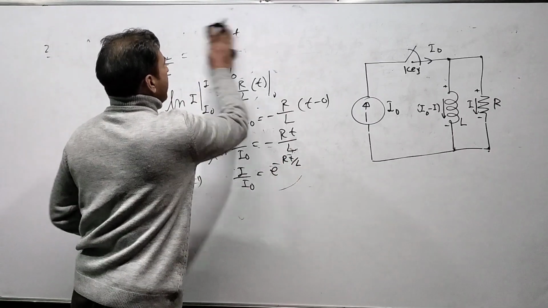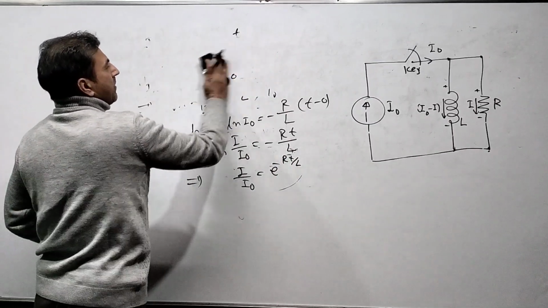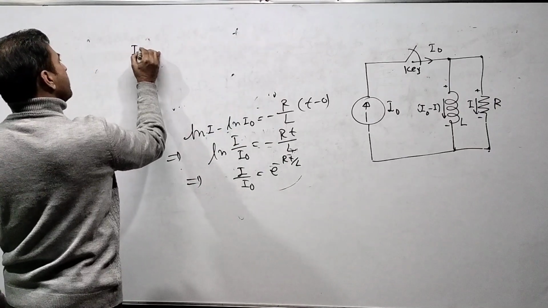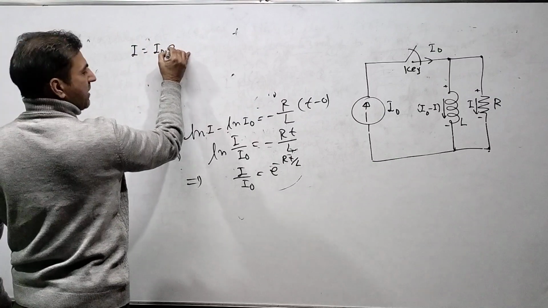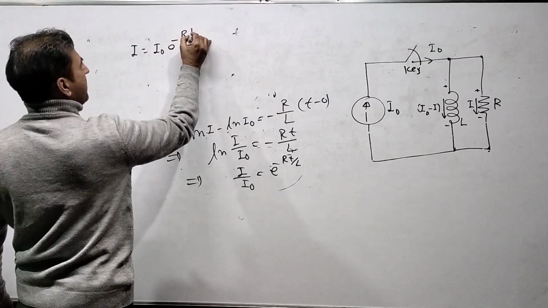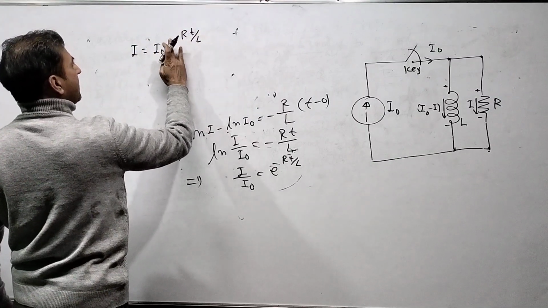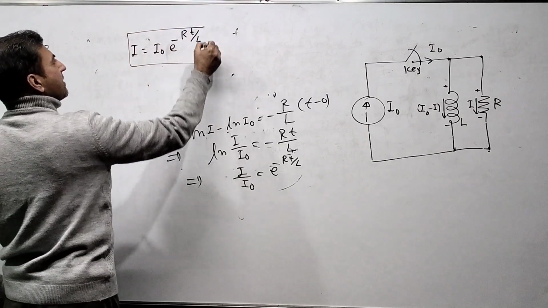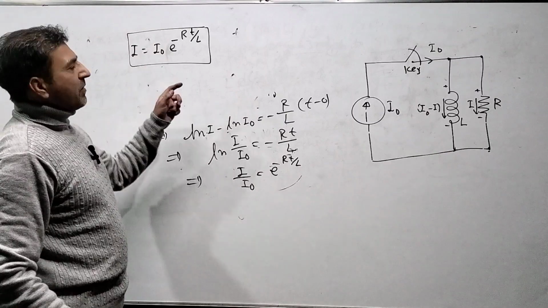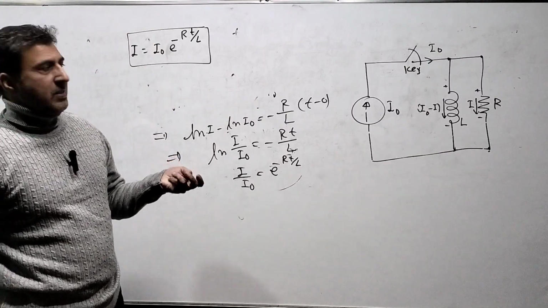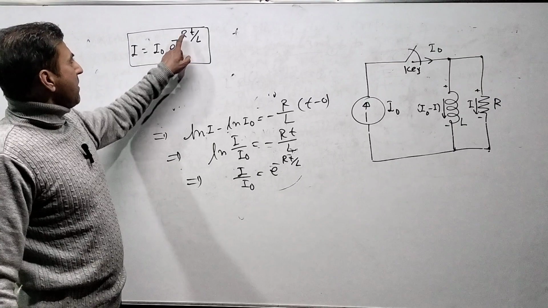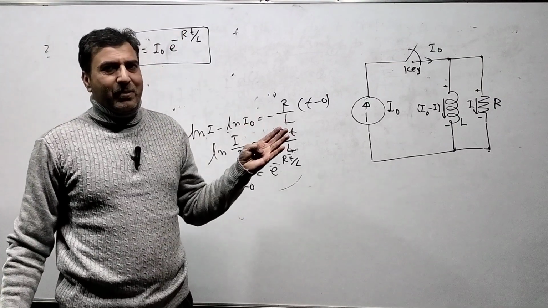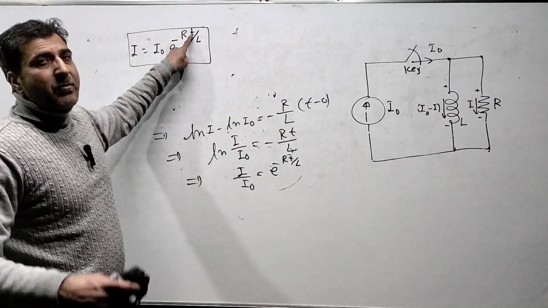Okay. Now what is I? The current through the resistor I is equal to I0 e raised to power minus Rt by L. This is the current through the resistor. Now let us check it out. At t is equal to 0, e raised to power 0 is 1, I is equal to I0. So at time t is equal to 0, the current is I0. When t tends to infinity, after a long time,